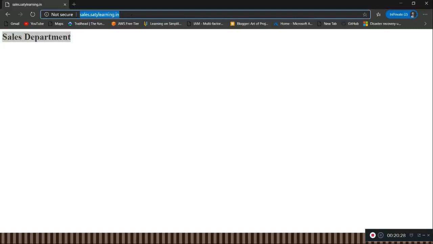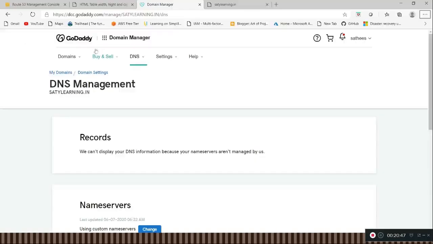There is no change required in GoDaddy. We just need to create an S3 bucket and make one DNS entry record set, and it will work. So like this we can create multiple subdomains using one website. Okay, thanks for learning.